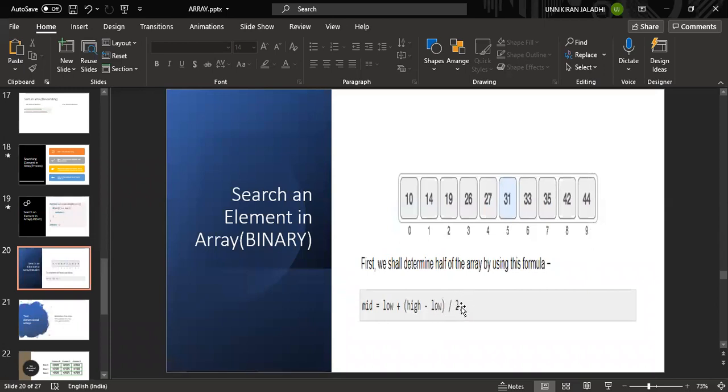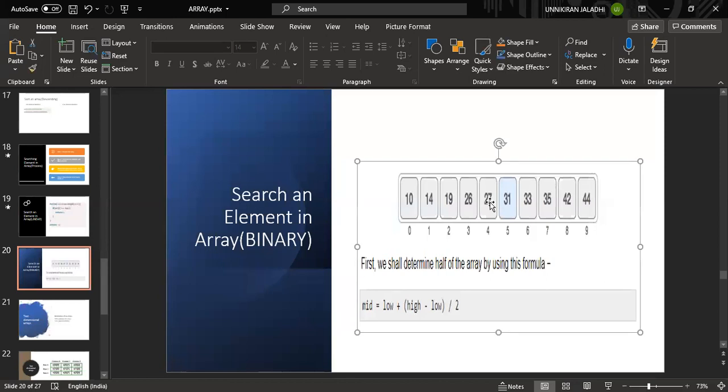What is the value for that? 9 by 2 in the sense you are getting 4.5. So from here it is in the middle. So we'll ceil that, sorry, we'll floor that. 4.5 floor is 4. So we'll consider this one.